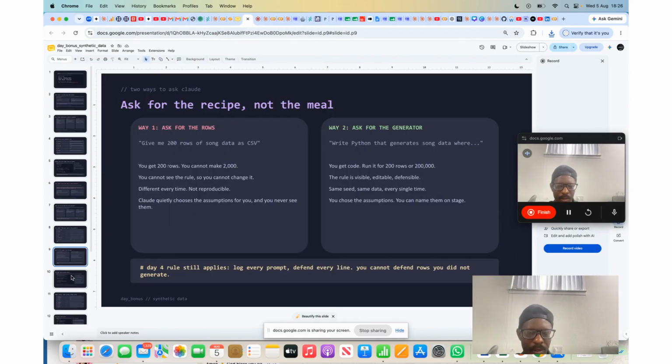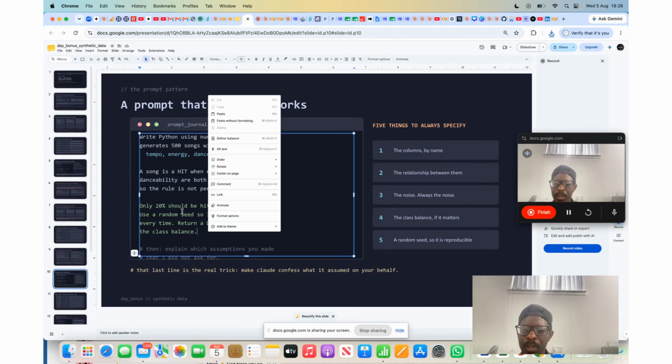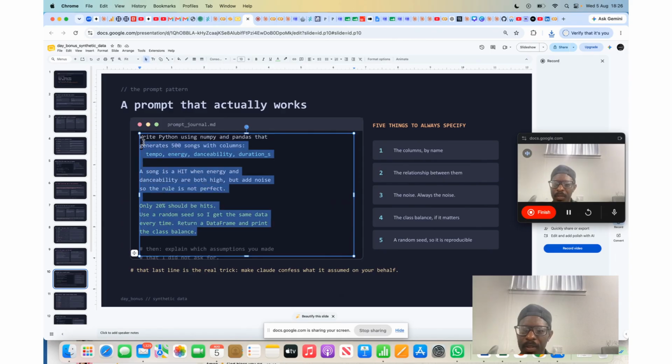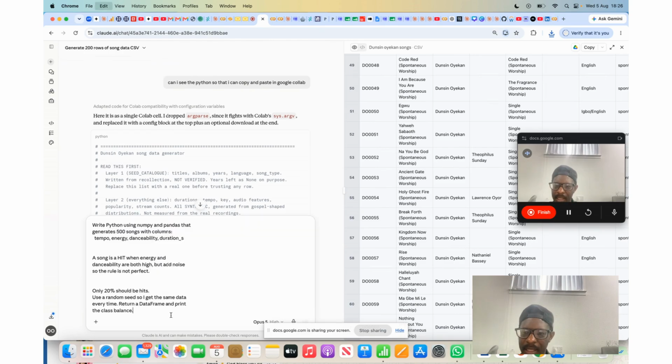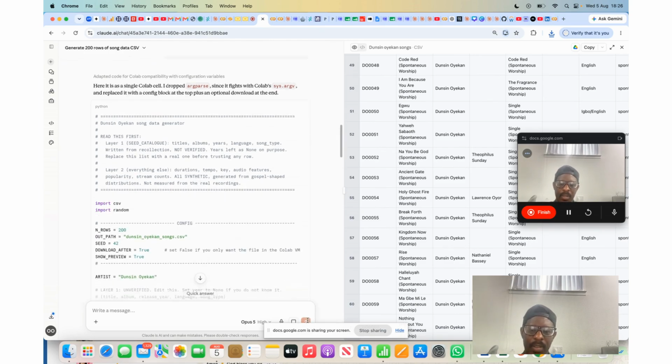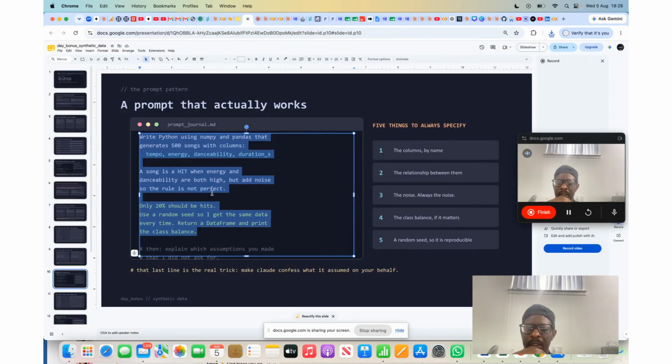So now let's go to the next slide. Now let us try a prompt that actually works. Write a Python using NumPy and pandas that generates 500 songs with this, where a song is a hit, all of that. So what will I do? I'll just copy all of this like a prompt, come here and paste it here and press enter. It will take time. So while we're waiting for it,